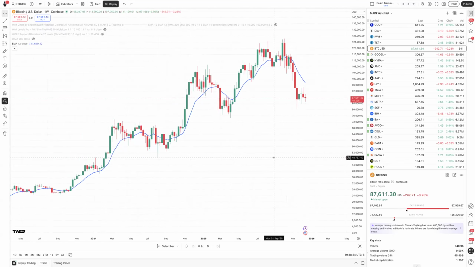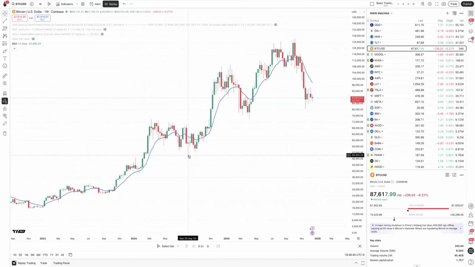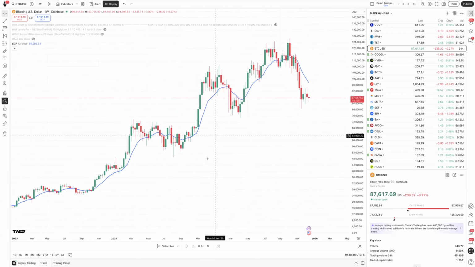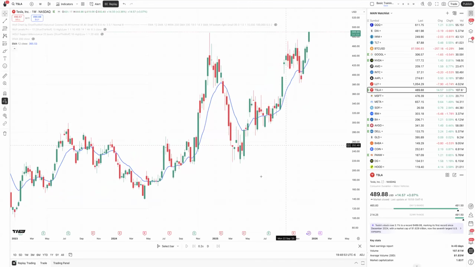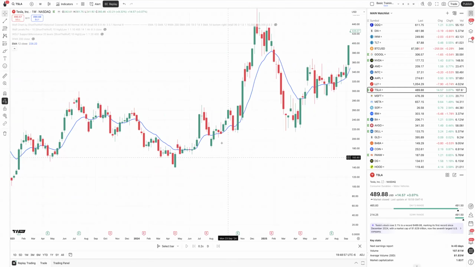Okay, so when you're looking at a moving average, one of the most powerful ways that you can trade with a moving average. It's one thing to understand the slope of it, or if it's pointing up or pointing down, but how do you trade that and make money? The way that you use a moving average to see when the trend is going to shift, one of the most powerful ways to do that is to look for the candle's behavior around a moving